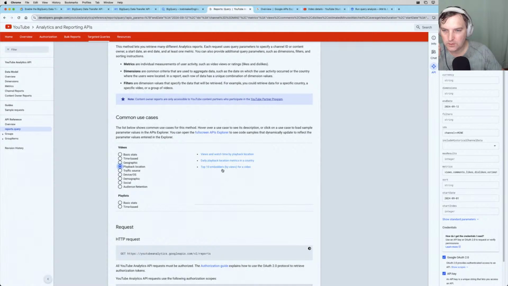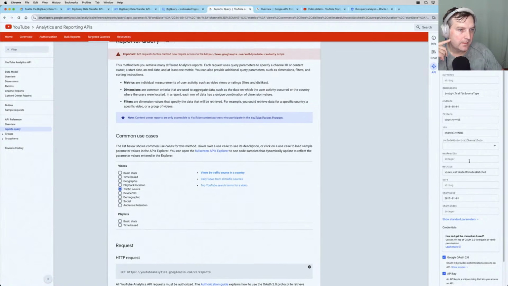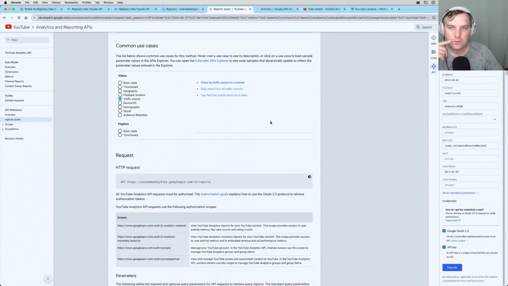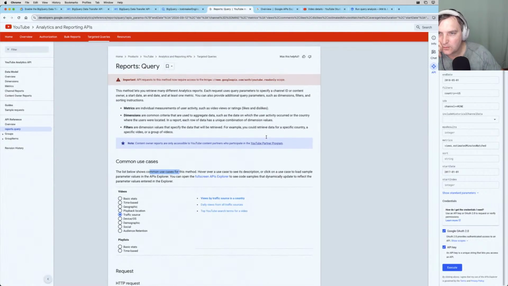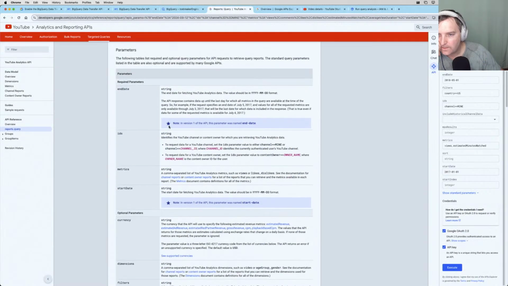If you look at, for example, the traffic sources, the views by the traffic source and country, and then the metrics. But the list below shows the common use cases, full screen, API, explore. Okay, so